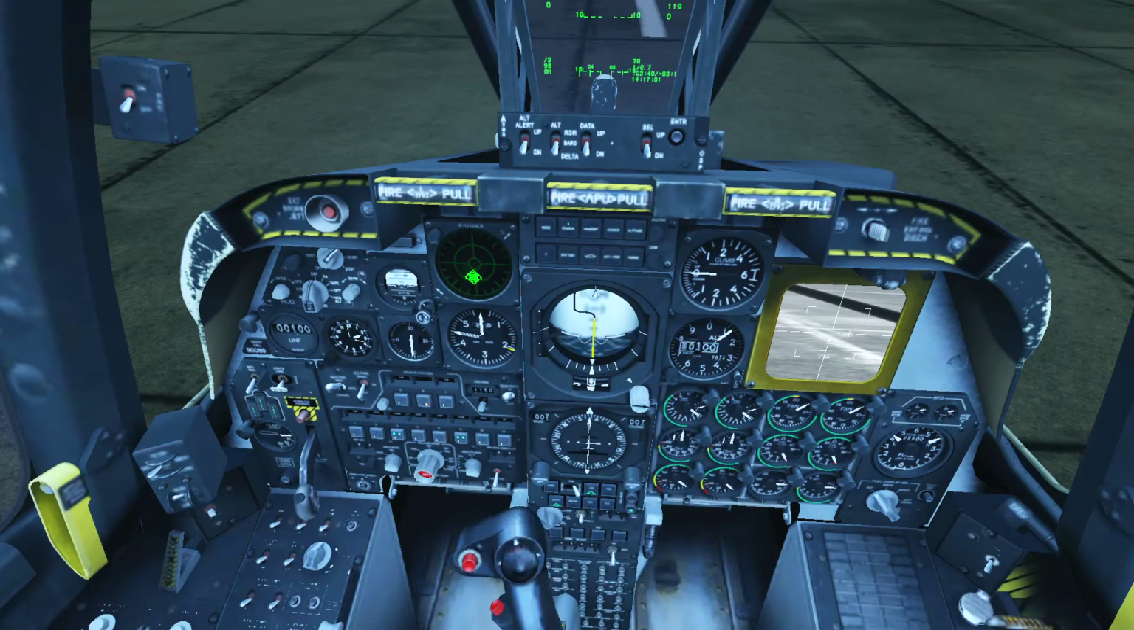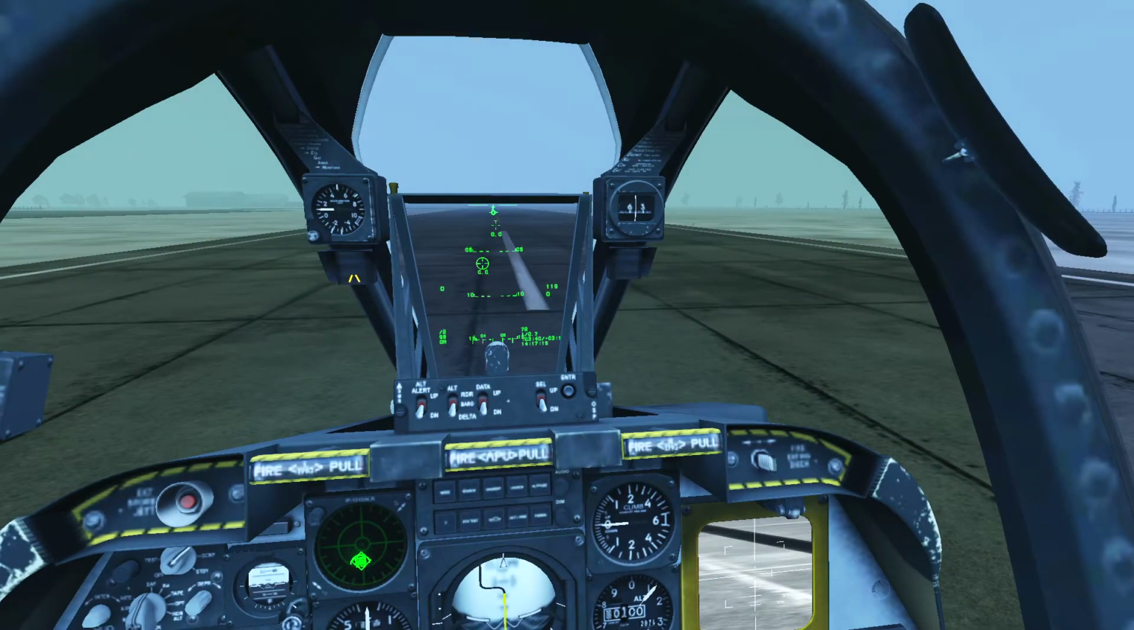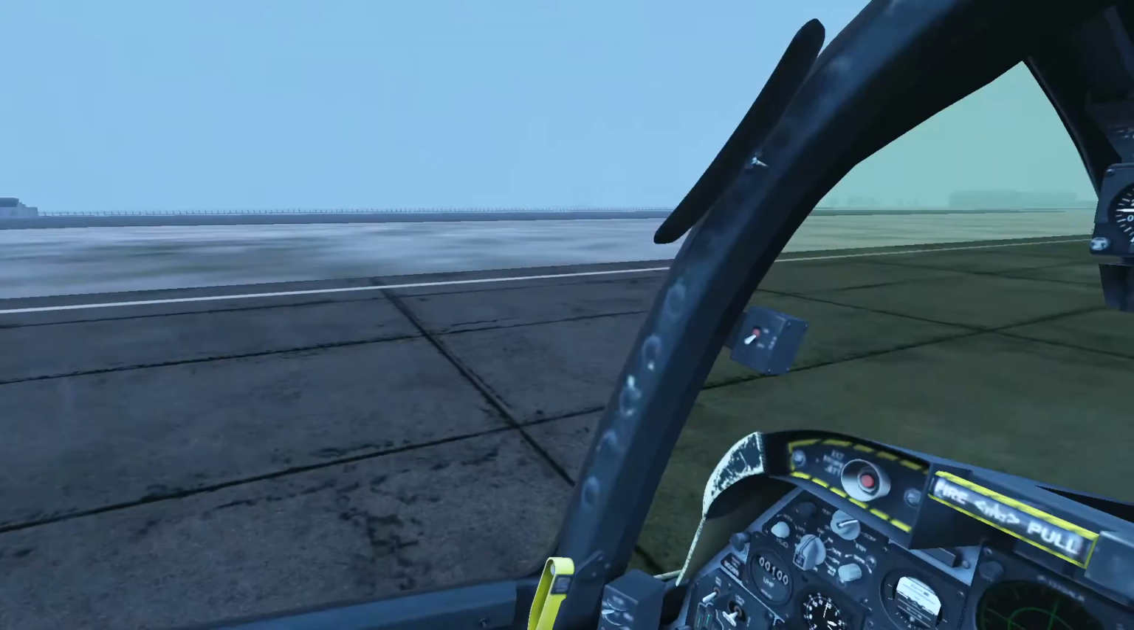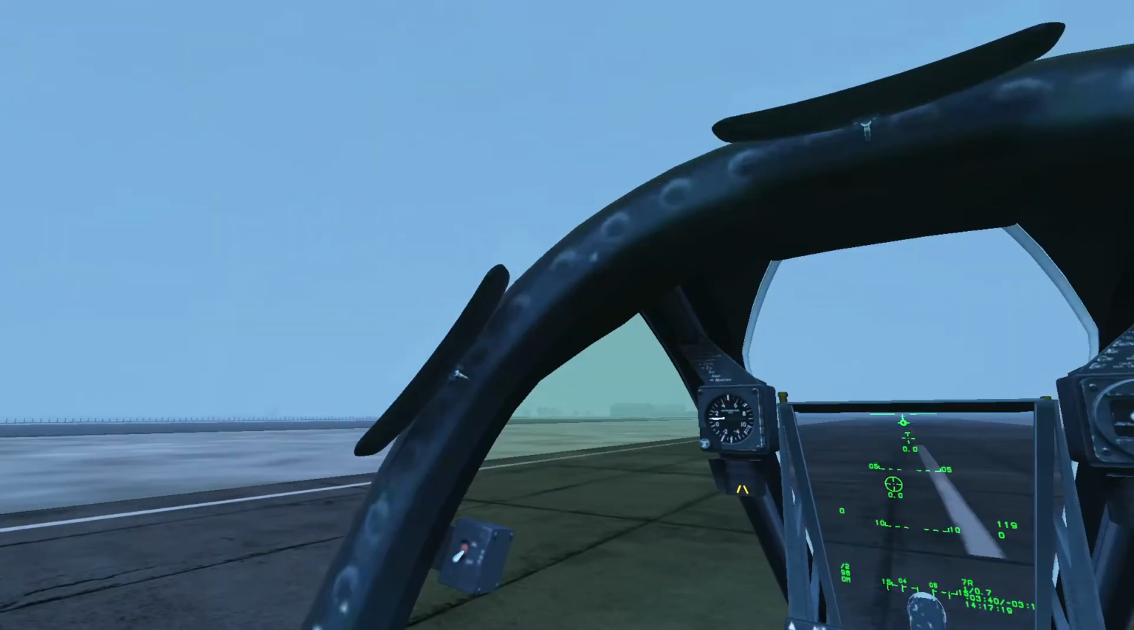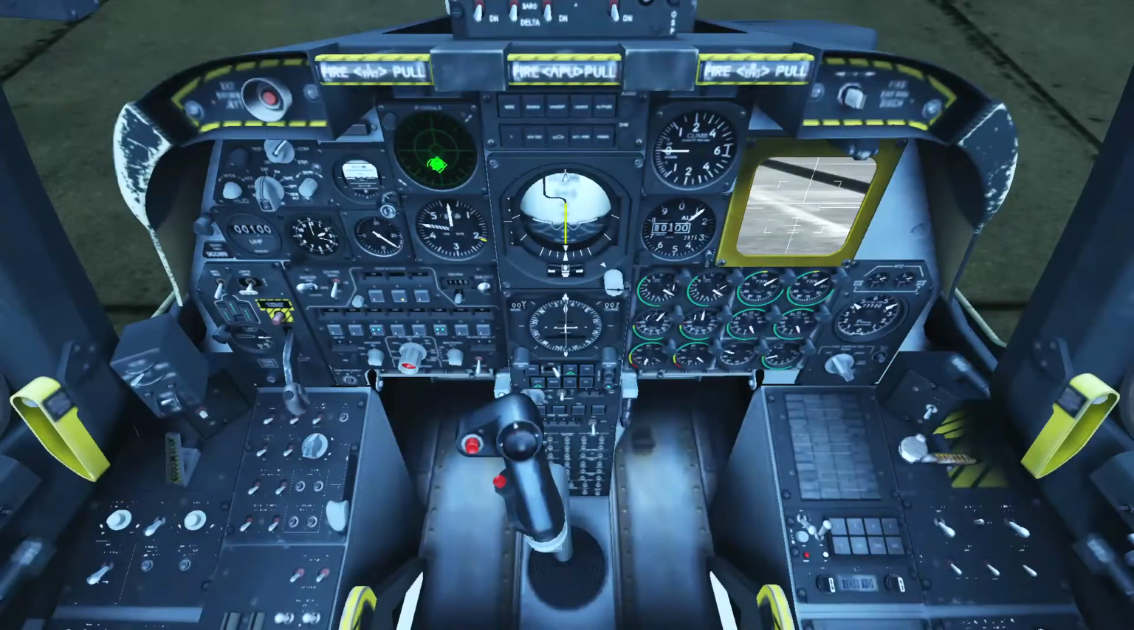So, we're going to go for a little test drive. Right now, we are in a severe thunderstorm warning in Caucasus, and I just set the weather to random, so it's going to give us a little bit of a challenge. So once we're set on that,